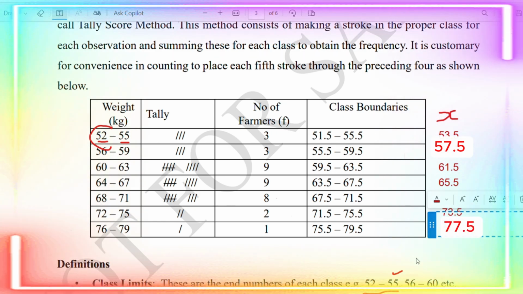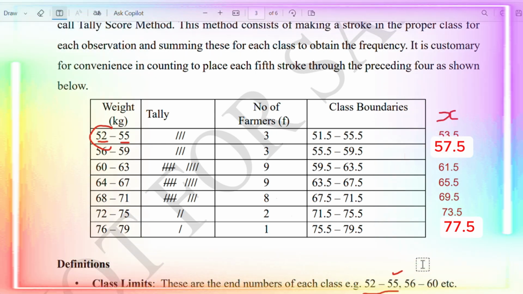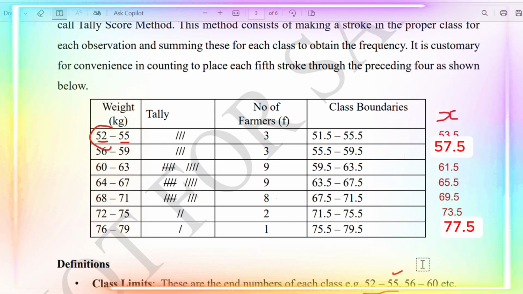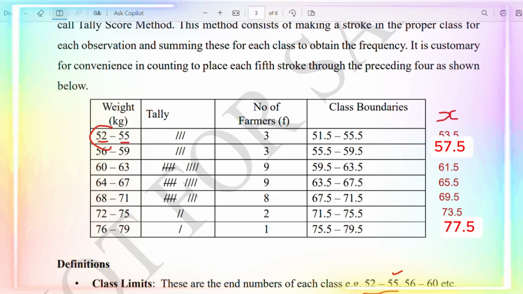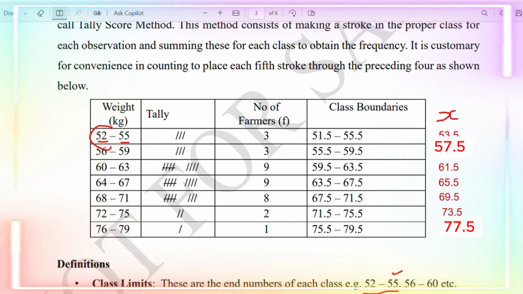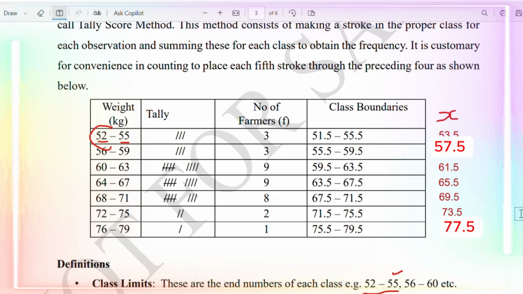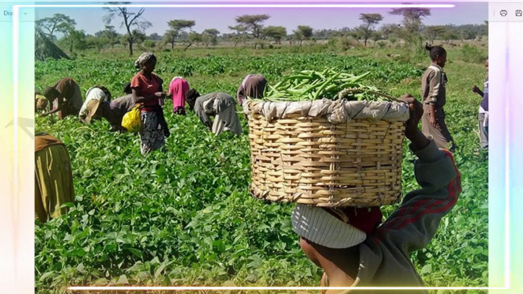Then the next class, plus 4 of that, will be 77.5. You can confirm that and see, and if you confirm that, type confirm in the comment section. And for example, the last observation, which is 76